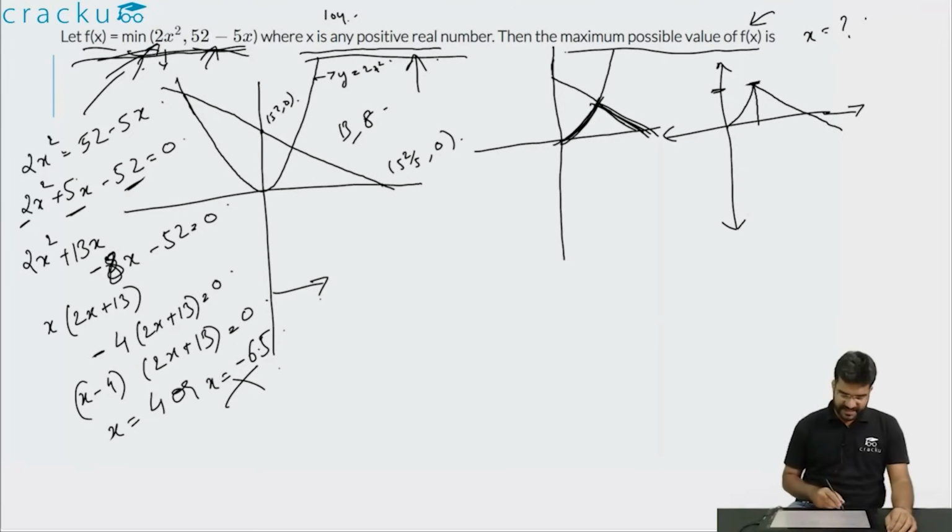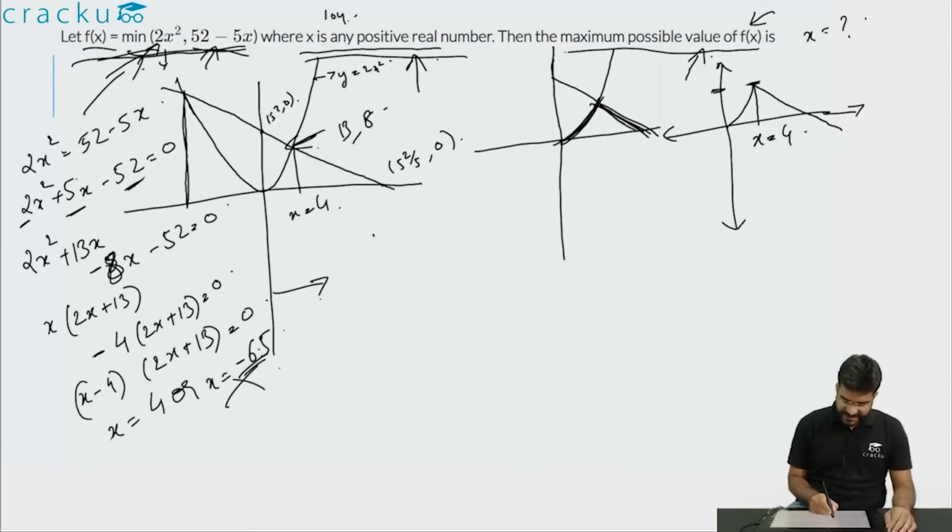But just for understanding, x is equal to 6.5 will represent the point to the left of the y-axis, at which point both the curves intersect for the first time. After that, they again intersect right of the y-axis, at x equals 4. So the maximum possible value of f of x occurs when x is equal to 4, and at this point